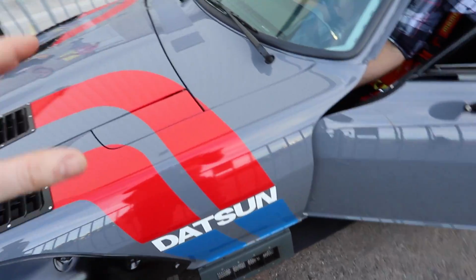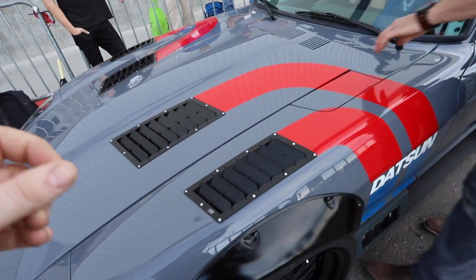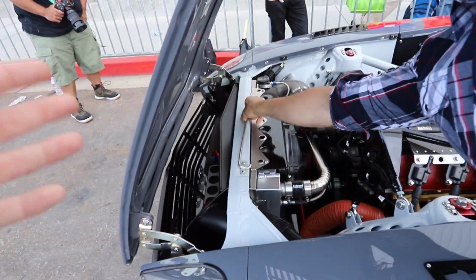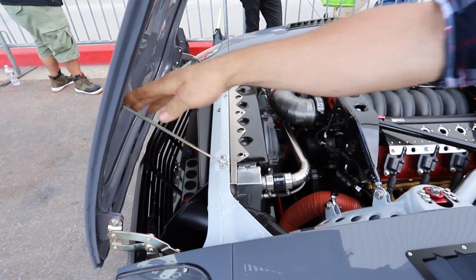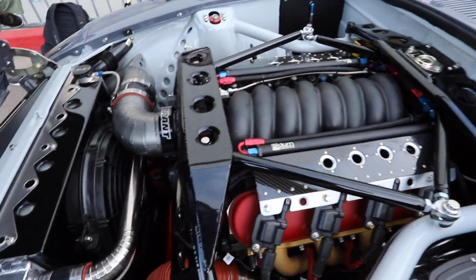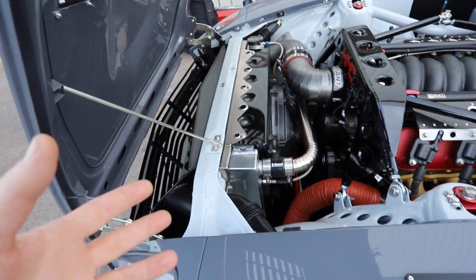So this is Kyle's Datsun 240Z LS swap up front. The level of attention to detail and his fabrication skills are just off the charts. I mean, everything that I've seen on this car has been so inspiring, and it's definitely what the event is all about. I've been here judging, but overall it's just been really, really fun to watch and